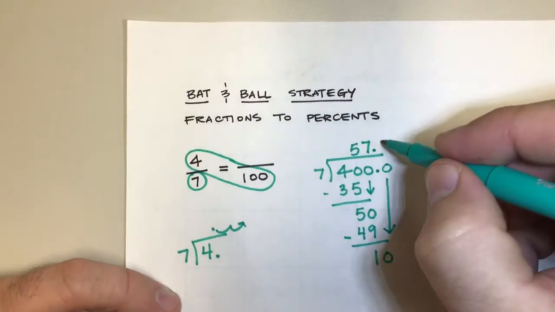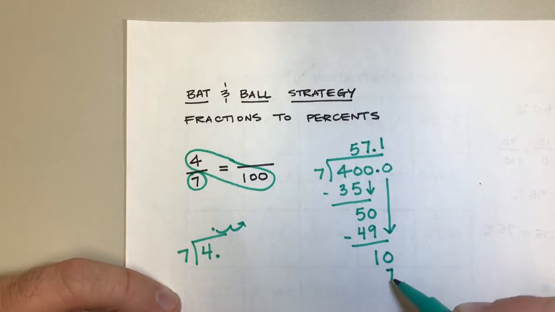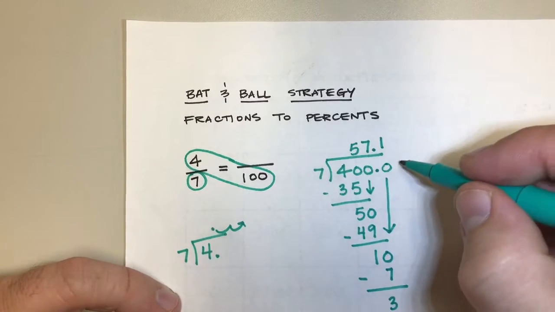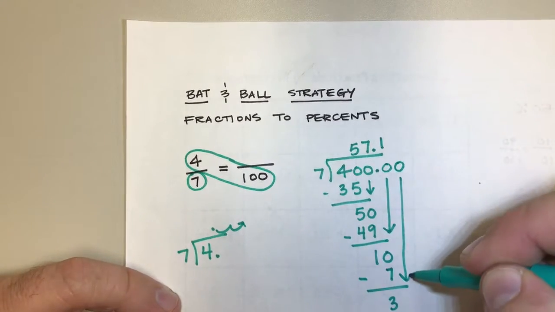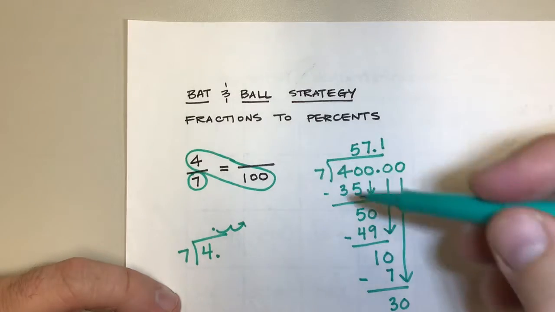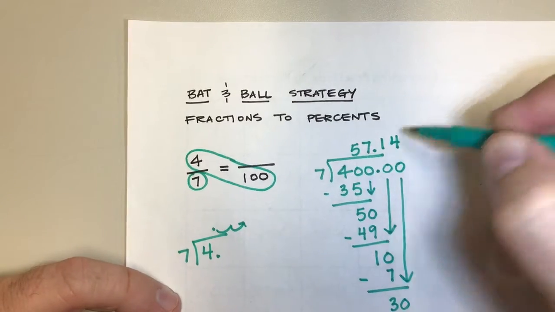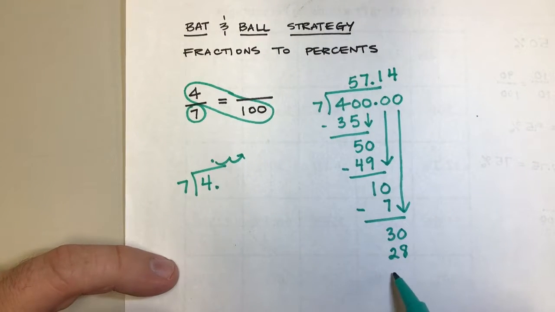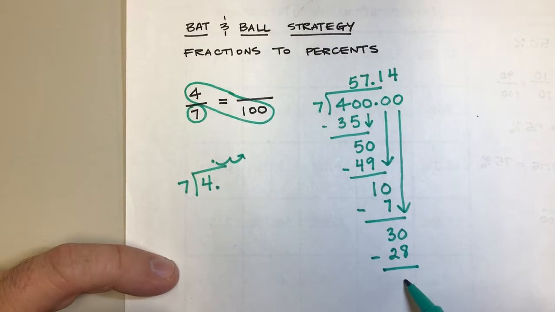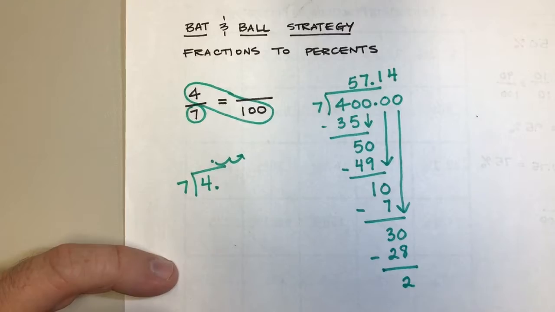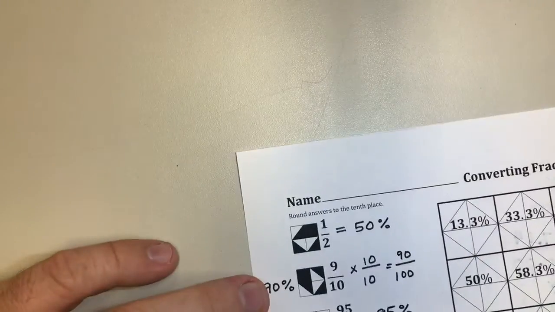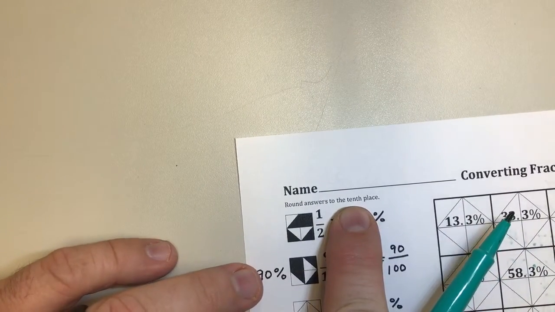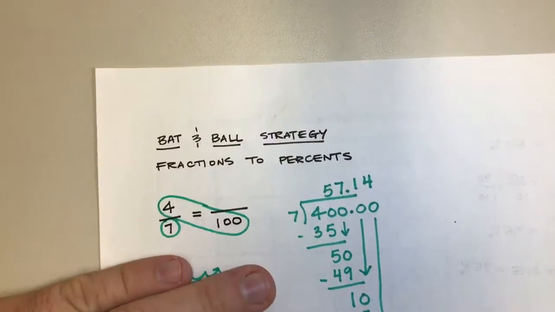7 goes into 10 once. Subtract. Bring down again. 7 goes into 34 times. And we could keep going and going, and this would be going on for a long time, but in our instructions it says round answers to the nearest 10th place. So we've gotten that far with